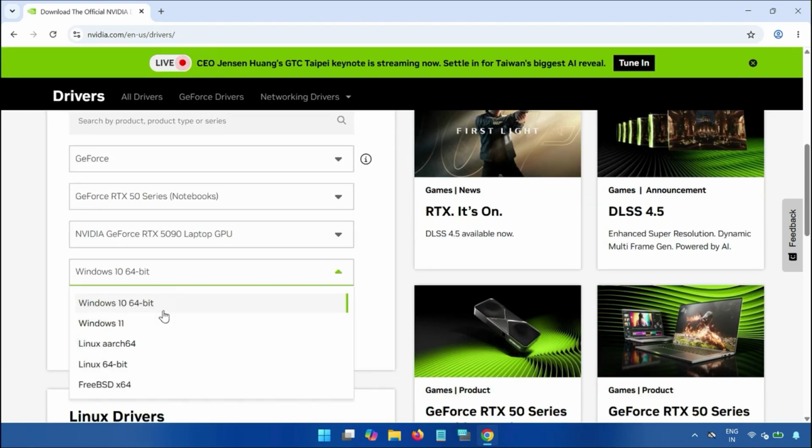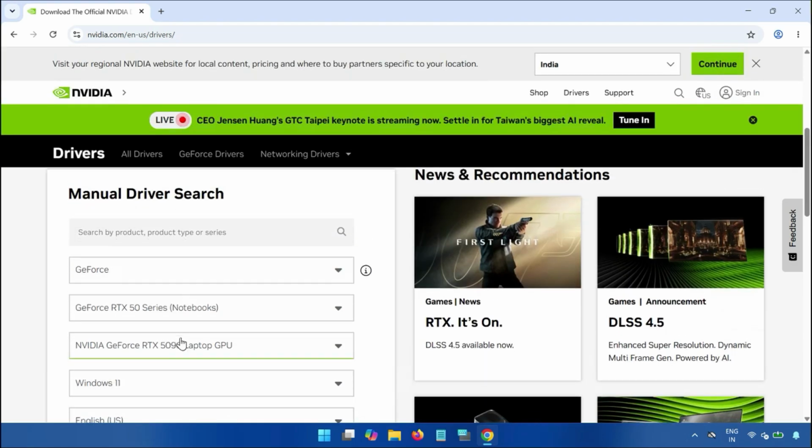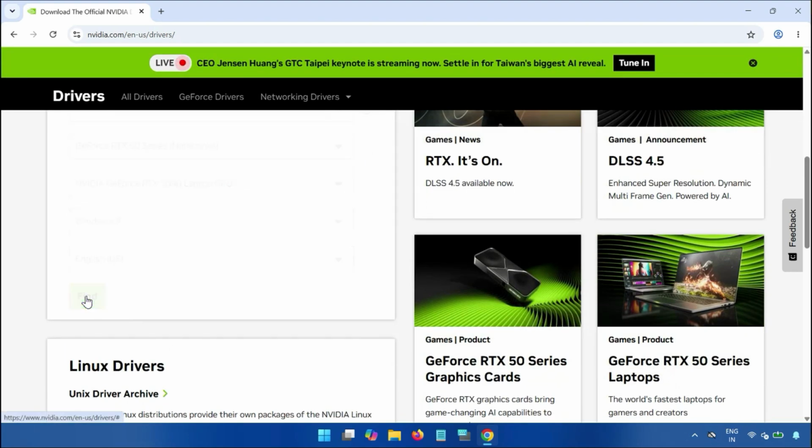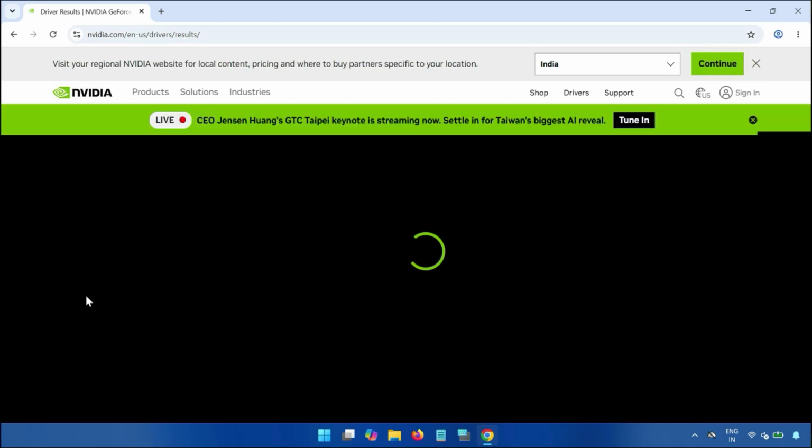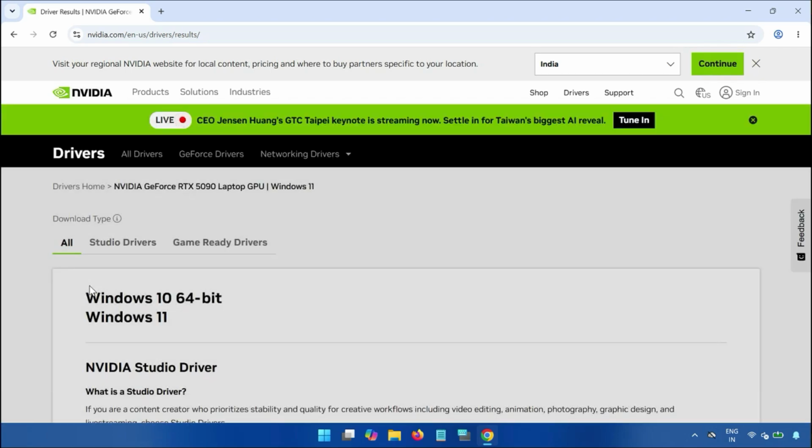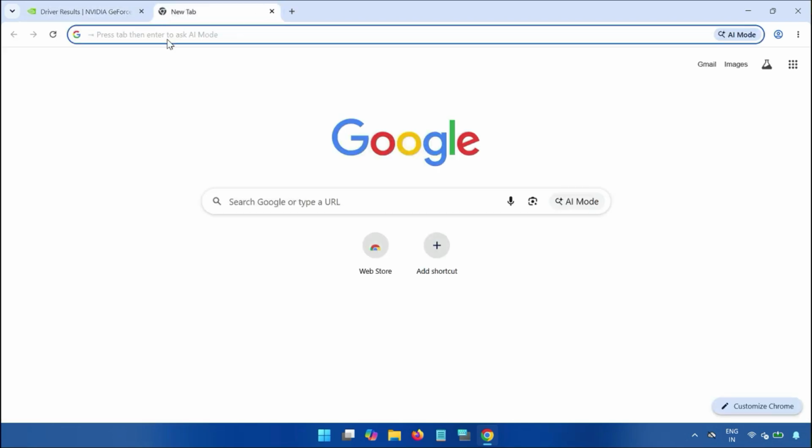then select which you are using, Windows 10. Okay, languages if you want to, then click search. And suppose you don't have any graphic card and you are using only the motherboard to connect to your display, so no worry about it. In the Google search box, type this model number of your motherboard, and then type